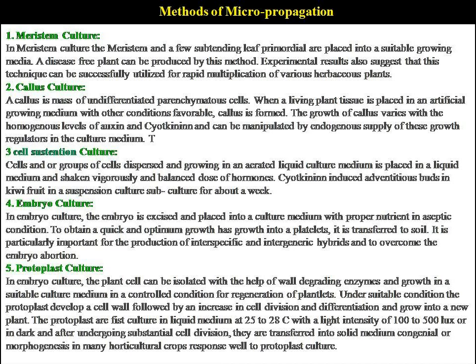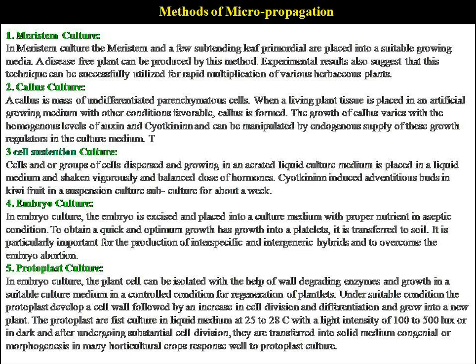After vegetative parts, we can use even a single cell for propagating plants. That is a special technique we use, we call it in vitro cultivation, because we grow it in labs itself. Plants have a special property called totipotency. Totipotency is nothing but that from a single cell we can grow an entire plant, that is the capacity of the plant. By this technique we can go for micro propagation.